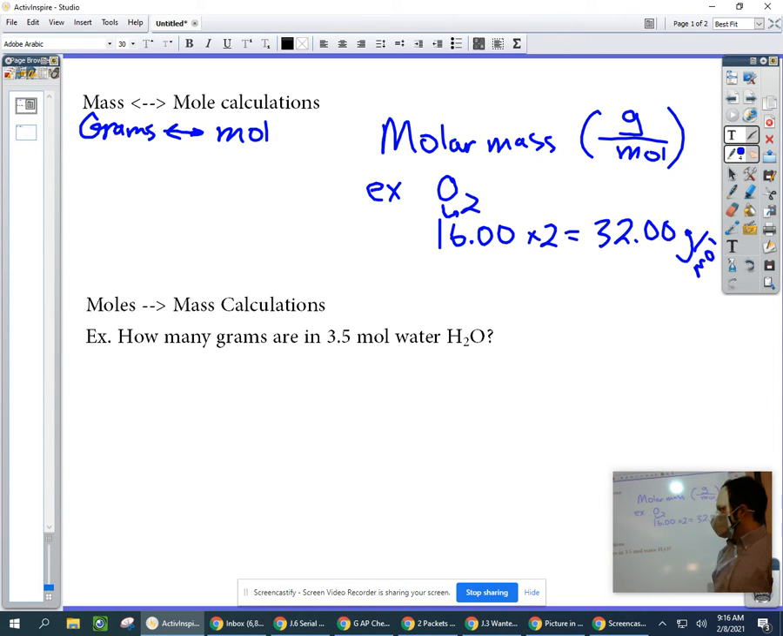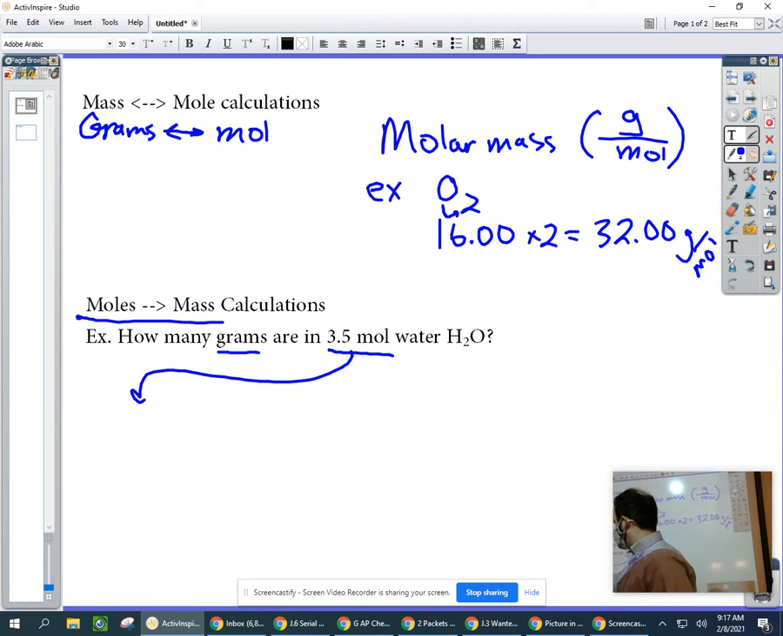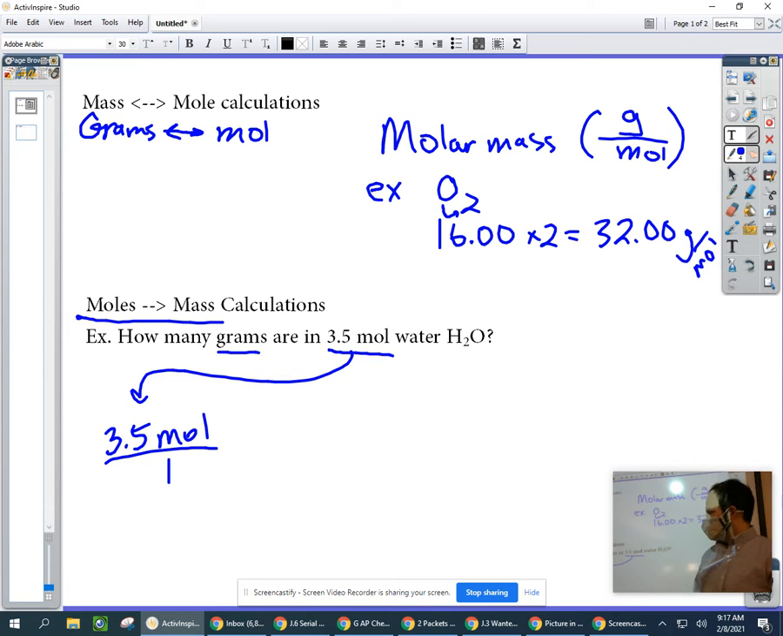All right, so the first kind of problem that we're going to do here is a mole to mass calculation. And that's shown by the example here. Always when you're doing these kind of problems, we're going to use dimensional analysis, and we're going to underline our starting unit, which is 3.5 moles, and we're going to underline our ending unit, which is grams. So we have our starting amount, we have our ending unit. We always put our starting amount over 1 in the calculation, so we do 3.5 moles over 1, like that. All right, and then we have to use the molar mass